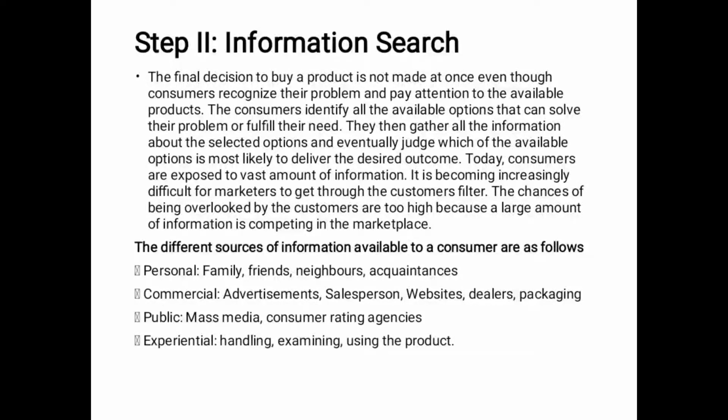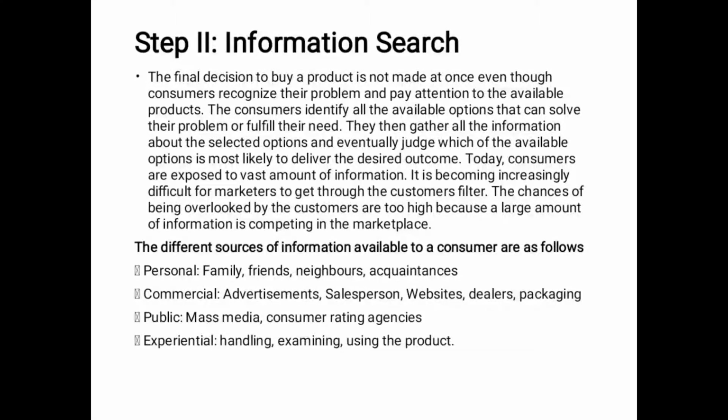The different sources of information available to a consumer are as follows, from where all you can gather the information. So the first one is personal: family, friends, neighbors, acquaintances, whomsoever he knows. From them he can ask, family members he can ask. Before buying, he will ask which is better. With friends, now take the example of a mobile, which mobile to buy is better, you will ask with others. So that way you will consult the friends. Sometimes neighbors, sometimes acquaintances, means whomsoever you know, or the people who have already purchased.